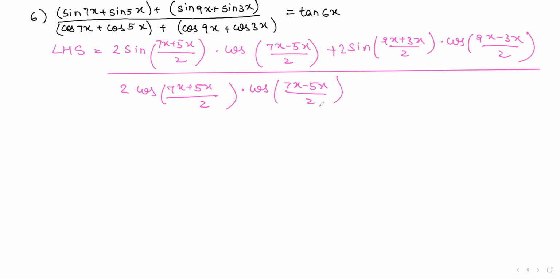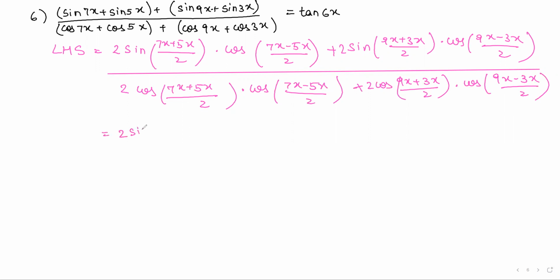Second term as well, you have 2 times cos 9x plus 3x divided by 2 into cos 9x minus 3x divided by 2